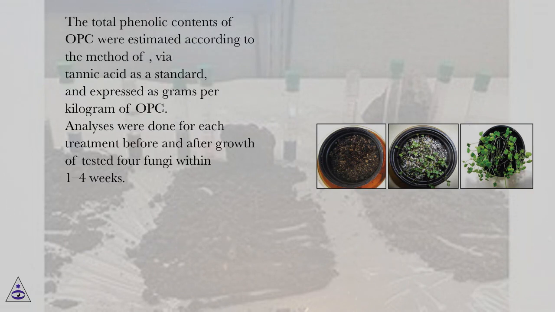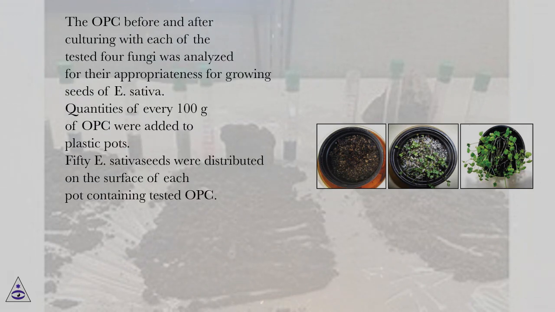The total phenolic contents of OPC were estimated according to the method of via tannic acid as a standard, and expressed as grams per kilogram of OPC. Analyses were done for each treatment before and after growth of tested 4 fungi within 1 to 4 weeks. The OPC before and after culturing with each of the tested 4 fungi was analyzed for their appropriateness for growing